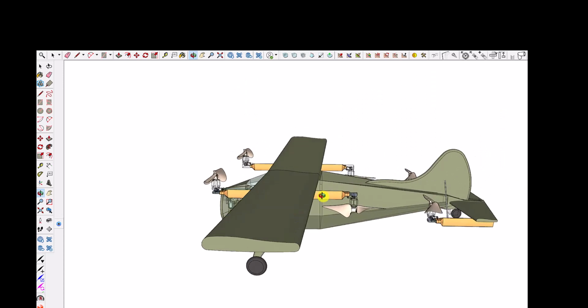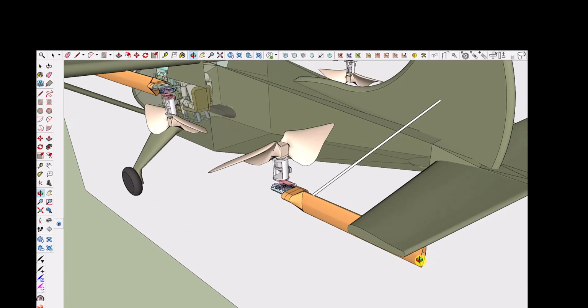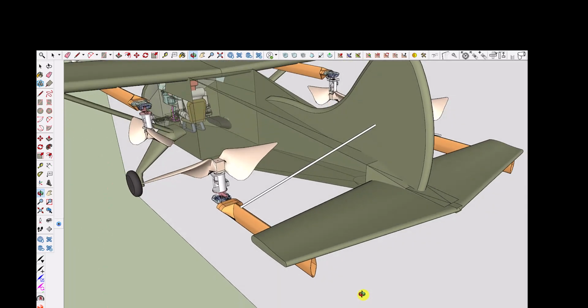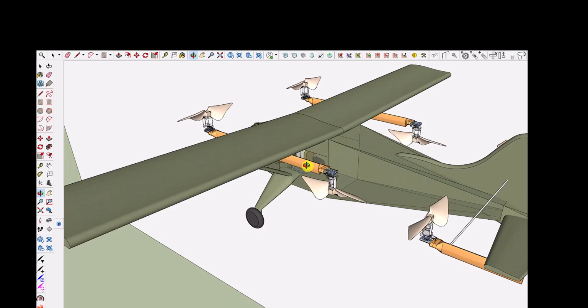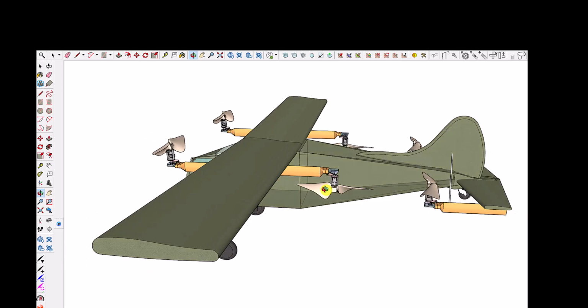And these are just extruded aluminum tubes. I made them sort of aerodynamic. And this rear horizontal stabilizer may need to be strengthened because it's got this lifting force on it. That's what this support strut is. I wanted both propellers to be mounted on the same support strut. So this propeller is a pulling propeller. It pulls the plane up. This is a pushing propeller. And the reason for this configuration is I realize it's going to be useful if the propellers can